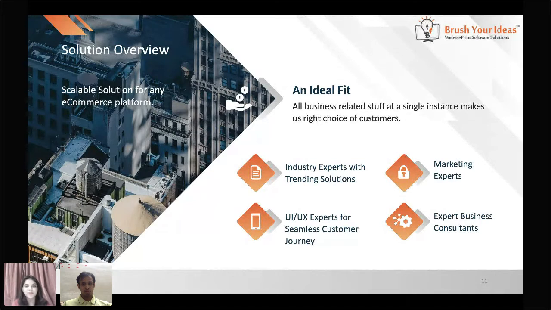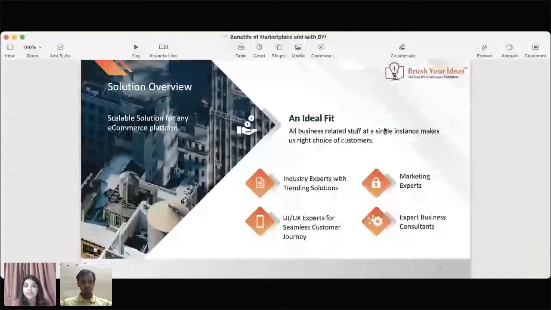So for more light on how Brusher Ideas can help you, and to see how day in day out we have already dealt with such customers and such requirements, and some of the back end and the front end points that we could highlight, I would request Nitin to now enlighten us on the characteristics of the B2C marketplace which Brusher Ideas can help you with. So, Nitin, can you please take it over from here?